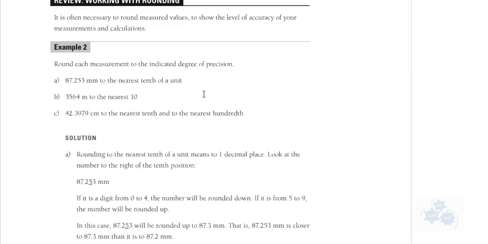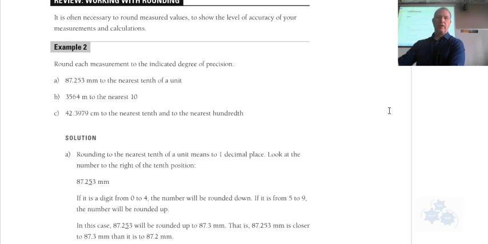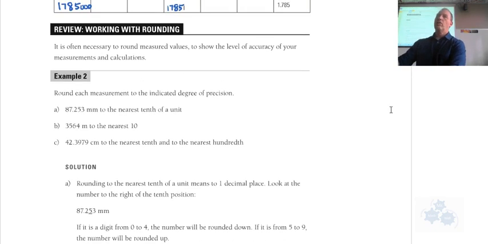All right, so let's move on to the second part of review here, working with rounding. So often it's necessary to round measured values to show the level of accuracy of your measurements and calculations. Round each measurement to the indicated degree of precision. So precision means like how exact can you be? So if this says we need to round to the nearest tenth of a unit. So let me make this number just a little bit bigger for you,